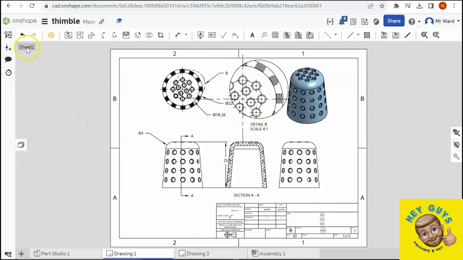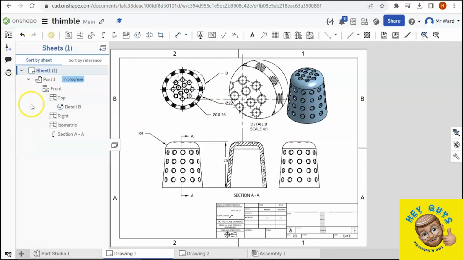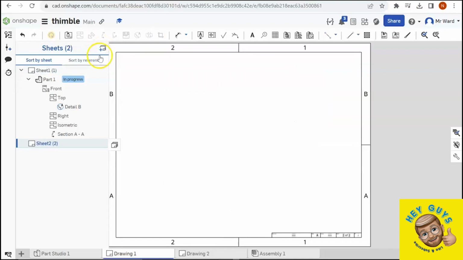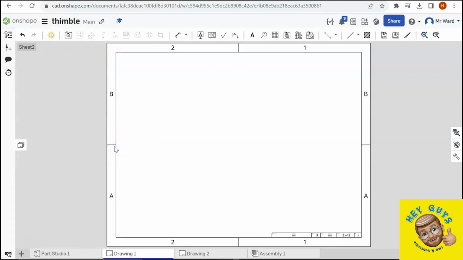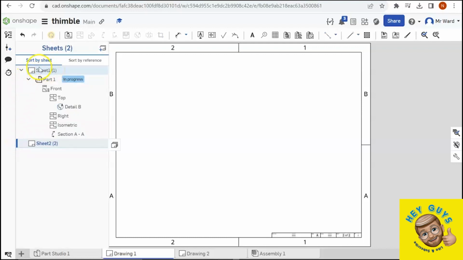So if I come over here, you see where it says sheet 1. If I slide down here, this is where I can add another sheet. So I add another sheet by opening up the sheets, and then up here in the upper right hand corner it says insert sheet. So now I have a second sheet. To close this, we just click on this little icon again. And now if I go back to sheet 1,